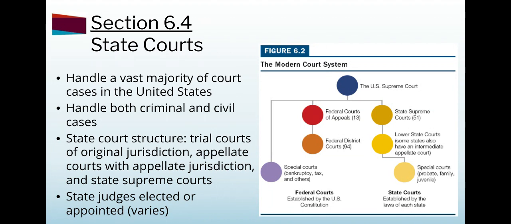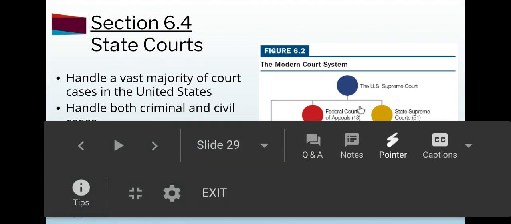They basically structure their courts very similar to the national government, where instead of a district court at the lowest level, they have what are known as circuit courts or trial courts. And then if people don't like the decision there, they can take it to the state appellate court. And if they don't like the decision there, they could take it to the state Supreme Court. Whereas just like with the federal government,